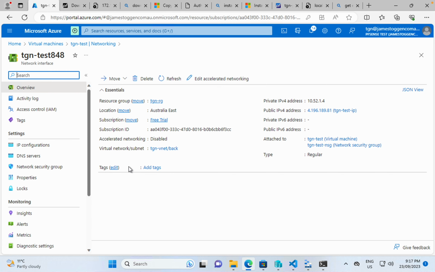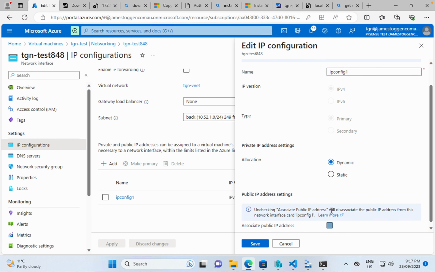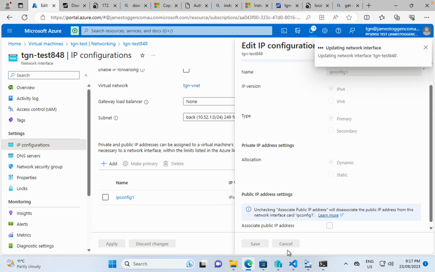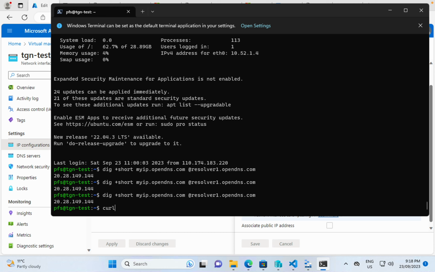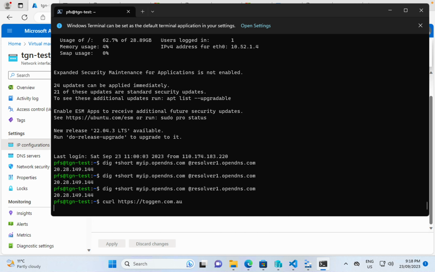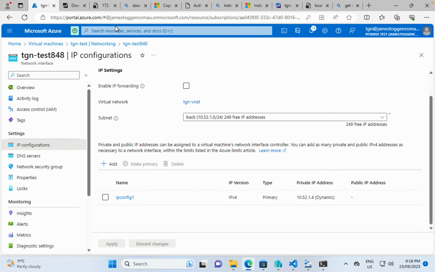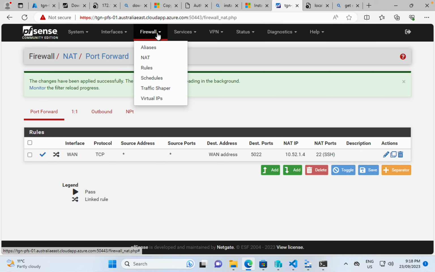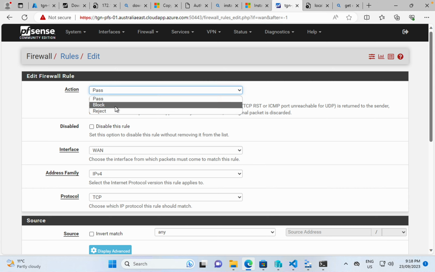So you would go into IP configurations for the public IP address and remove that, because it's no longer going to be used. Your traffic will come in and go out through the firewall, and you can grab internet, and it's all coming through the firewall, which then allows you, if you want to, to say, okay, I want to add a firewall rule to block